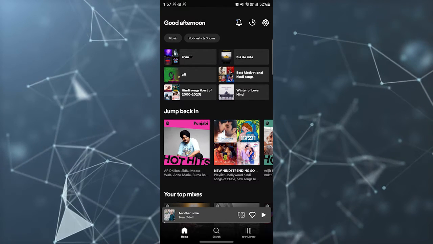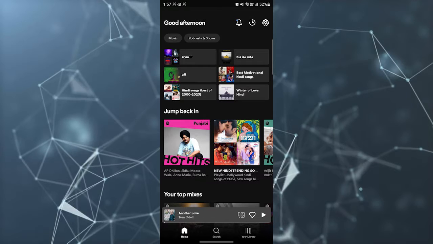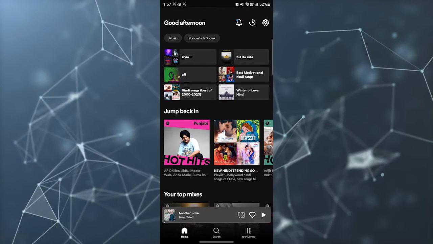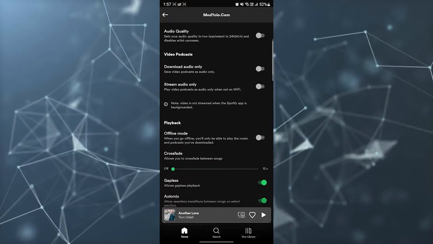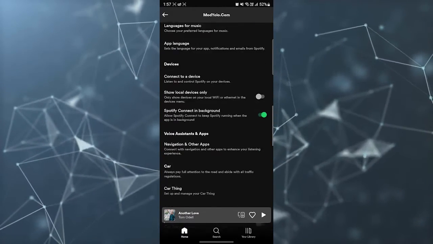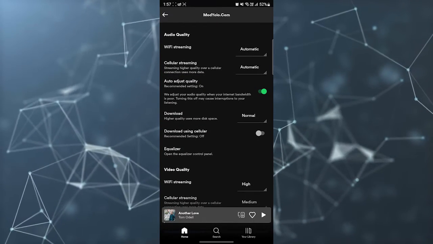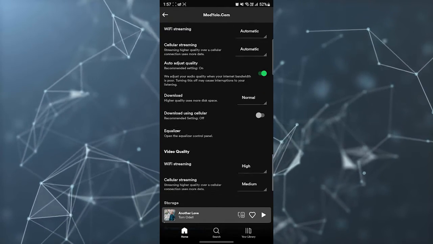Hi, so in this video I'm going to tell you how you can control your audio quality settings in your Spotify application. So for that you need to come into your Spotify application, then you need to click on your settings, then you need to scroll down and come to audio quality. So here you can see our audio quality option, then you can select, you have many options there